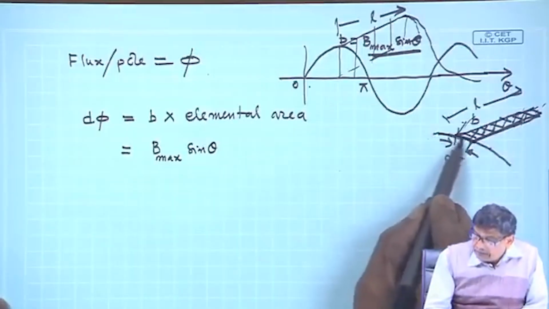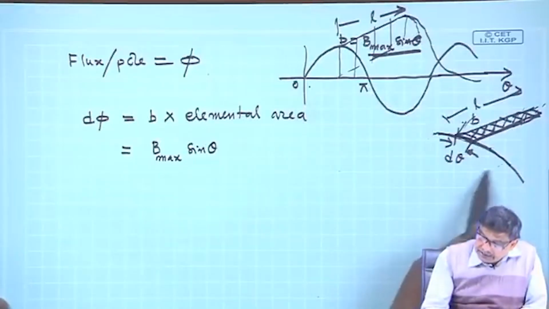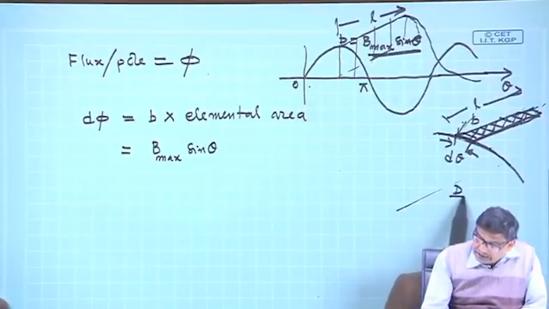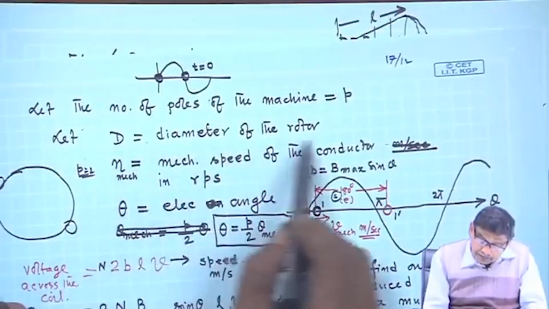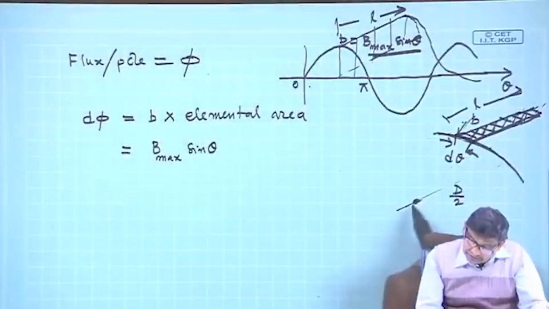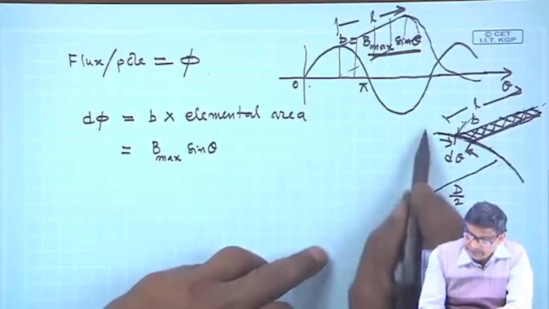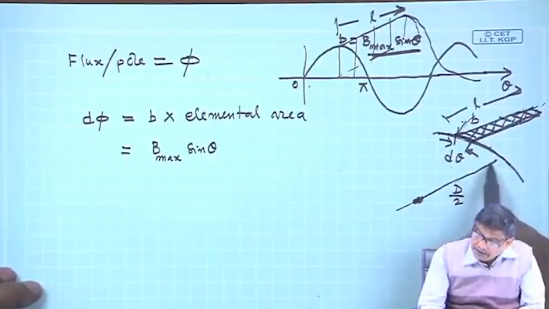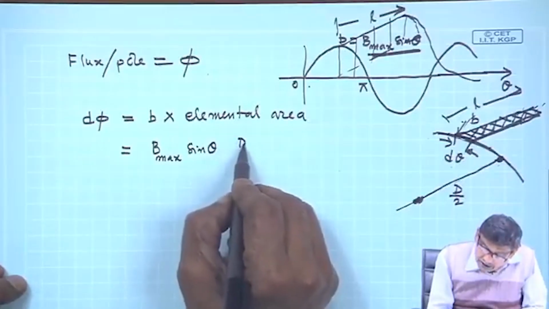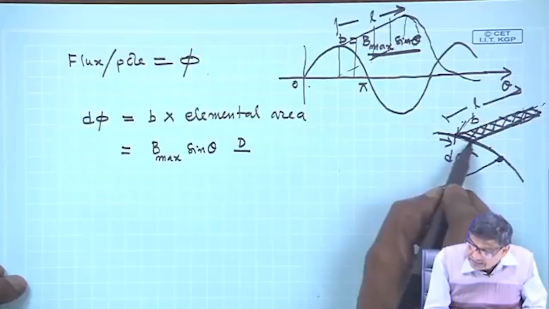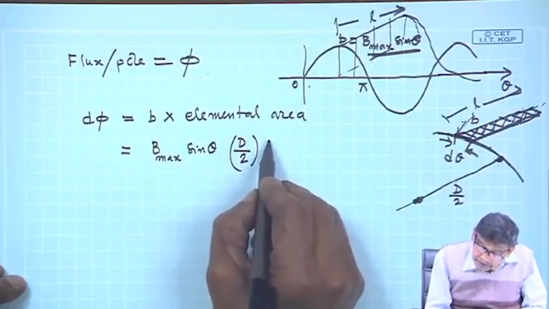If D is the diameter of the rotor, so its radius is D by 2. Capital D, I have assumed, is the diameter of the rotor. So its radius is D by 2, center somewhere here, it goes like this. So D by 2 is the radius, and arc d theta is this arc length. So, D by 2 into d theta